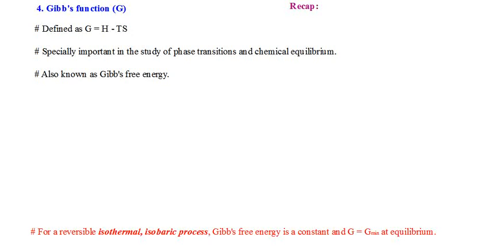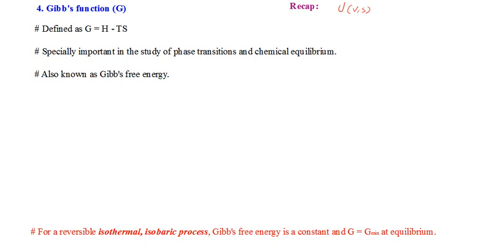Hello. So far we have discussed three of the four important thermodynamic potentials, and we will define the fourth thermodynamic potential of our interest, namely the Gibbs function G. So before we move on to discussion of Gibbs function, let me give a recap of the other thermodynamic potentials we have already seen. So we started with U, the internal energy function, whose natural variables were V and S.